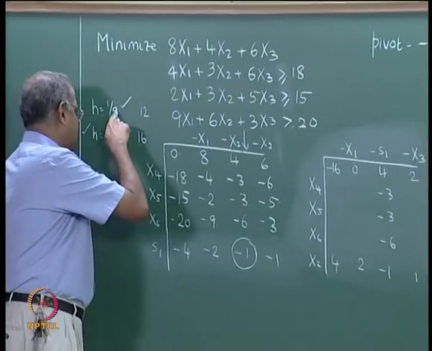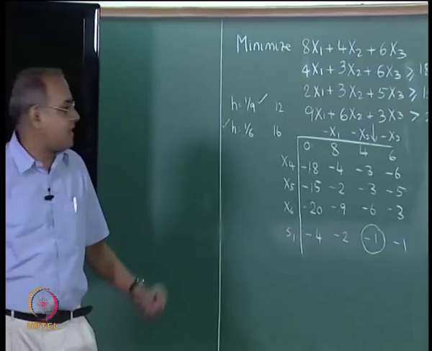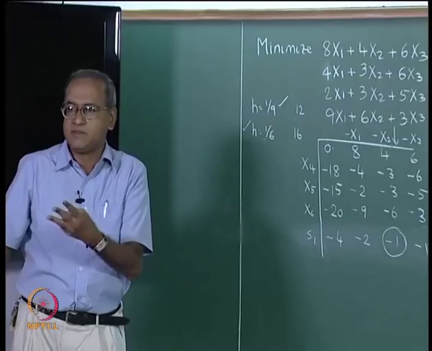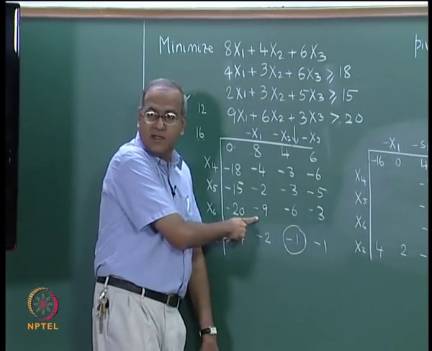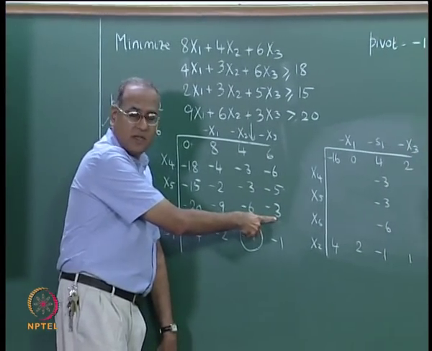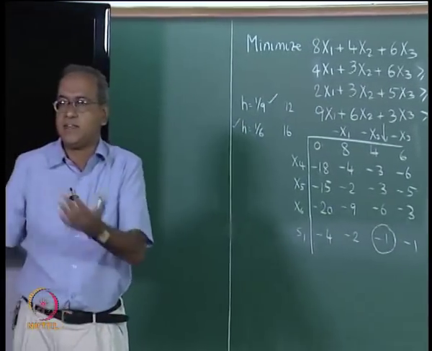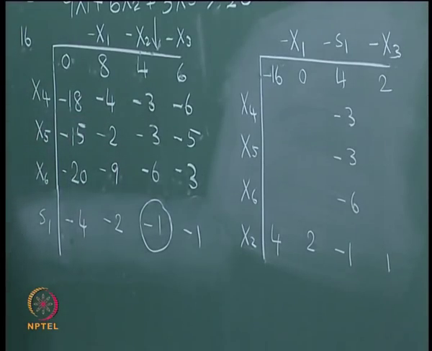So, between 1 by 9 and 1 by 6 we would choose 1 by 6, but then every time we cannot be doing all these substitutions, like we have done 3 times, we have done 3 iterations, one with 1 by 3, one with 1 by 6, one with 1 by 9, and then we understood that 1 by 3 is not going to help lead us anywhere, whereas 1 by 9 and 1 by 6 are okay. We can't do this every iteration, trying to do it 3 times or 4 times depending on the number of negatives that we have. So, we need to have a formula or a computation through which we find the best value of h.